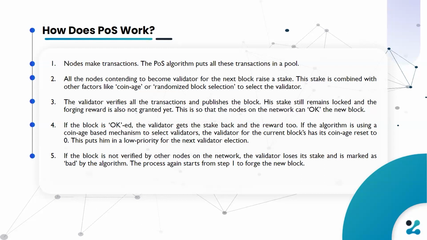In order to become a validator, you need to stake some amount, right? In case of Ethereum, it is a minimum of 32 ETH that one has to add to the network or stake into the network. So these validators are generated. After they're generated, they are staking their tokens on their own machines, right? And if they have raised up to the minimum number of stakes that is required, they have become a validator, right? Now that they have become a validator, they have the right to publish blocks and receive the rewards from it, right? Now the selection in proof of stake is based on the amount of staking that one has